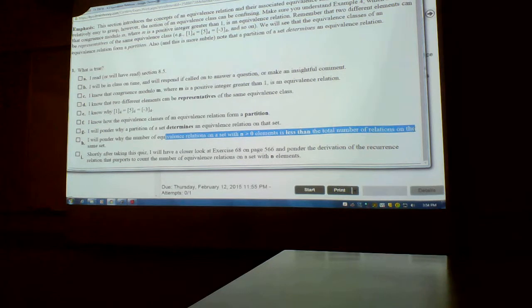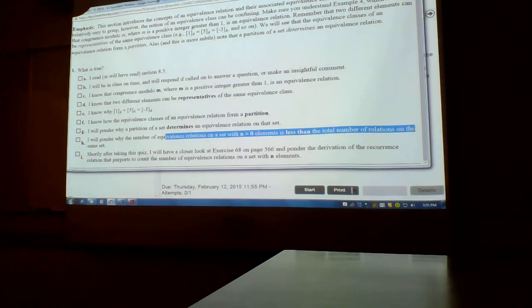So, who can answer this question if you pondered it and have the answer? Justin? Because the set of all symmetric relations on a set is a subset of all the relations on a set, so there's no way that it could be greater.